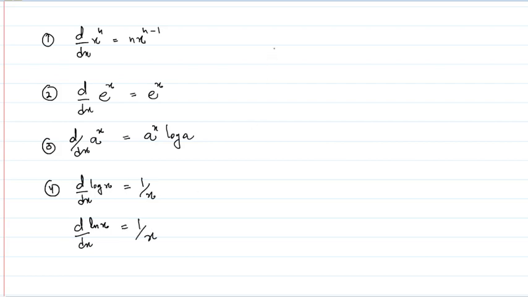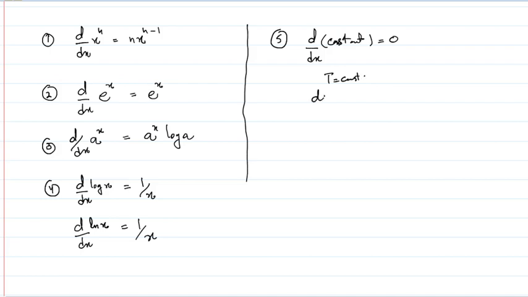Okay, and remember the differentiation d by dx of a constant. If you have any constant value here, this will be equal to 0. Suppose in thermodynamics we kept temperature constant, and if T is equal to constant, then we wrote dT is equal to 0. This is basically the differential of constant temperature is equal to 0. This can be simply written in this form also, with respect to temperature, with respect to concentration, or anything, whatever may be the case.